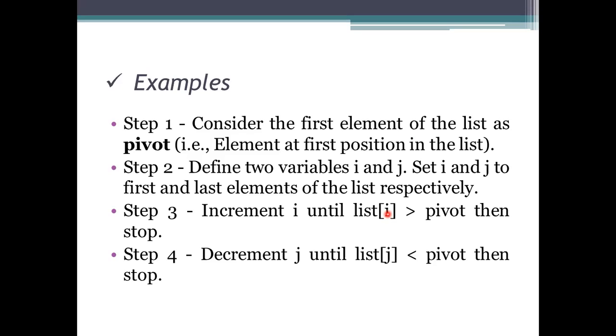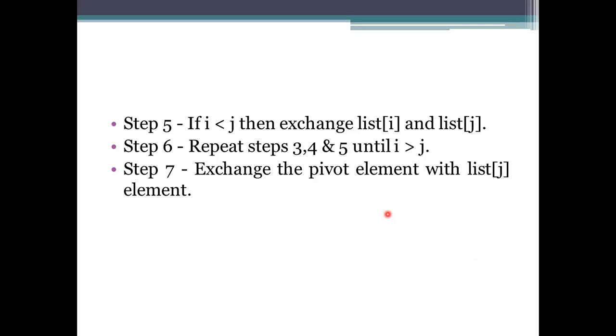If it is greater than or if it is less than, we need to perform some action on that one. If it is a greater than value at the left side, we need to swap that one. If not, we will keep the value there itself and move on to the next one. Exchanging of the values, that is swapping, will be done, and we will perform all these steps continuously. And when it has stopped, meaning the work has been finished, we need to exchange the value at the present J position with the pivot element.